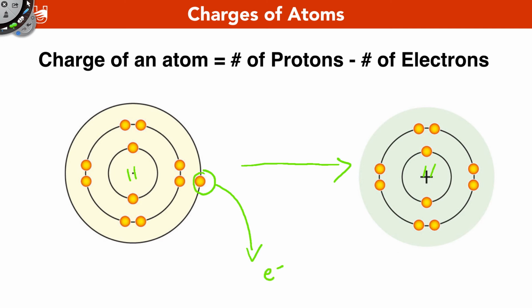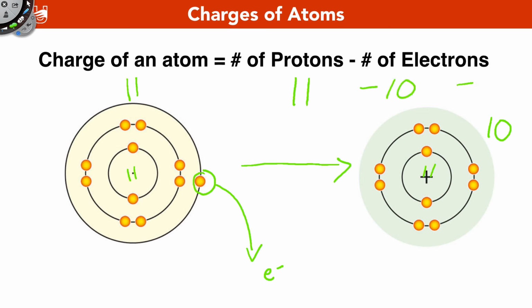So if we've lost an electron, let's redo that calculation at the top. Well, we have 11 protons. We've not lost any protons, but we have lost an electron. So we've gone from 11 electrons over here to how many? Well, we've gone from 11 to now 10. We have 10 electrons, so 11 minus 10